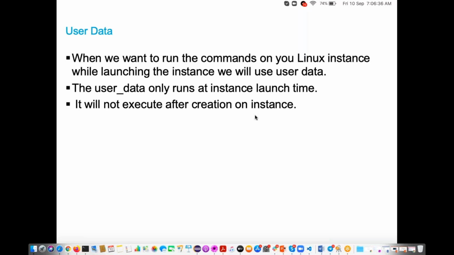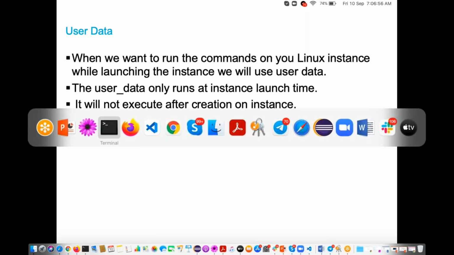Okay, so now I will create one shell script file. In that shell script file, we are going to keep the commands for installing the Apache HTTP server.